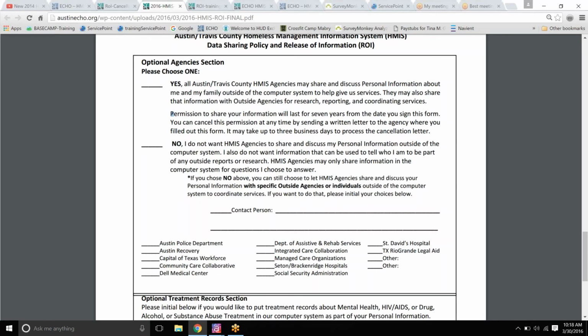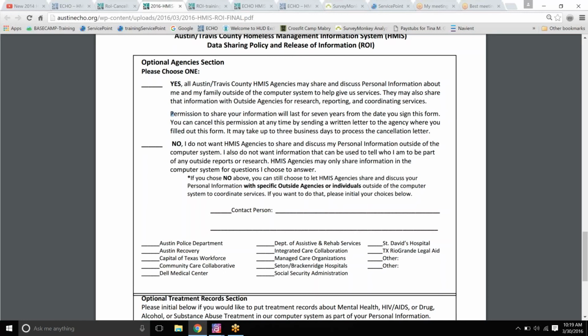Again, just some basic information around that yes. It means when they say yes here, they're saying, I understand you guys are already sharing within Service Point. Now I'm giving you the availability and the option to share outside of Service Point if you need to, as far as their means of communication. You're also able to share with any other outside agencies or entities to provide me services. So whatever that looks like for that case manager. By saying yes here, they're giving the case manager / HMIS end user the go-ahead to work with those people without having to come back and check with the end user every time they are working with someone new. So again, nothing changed there.